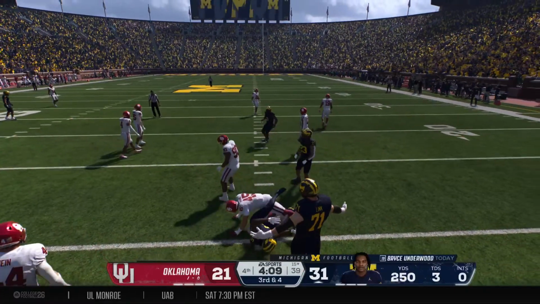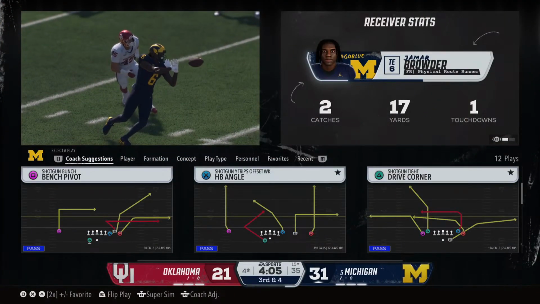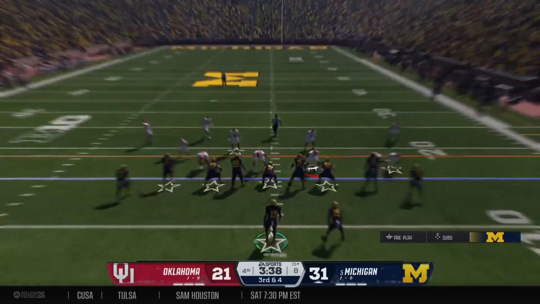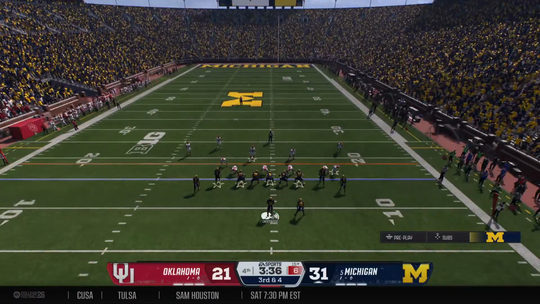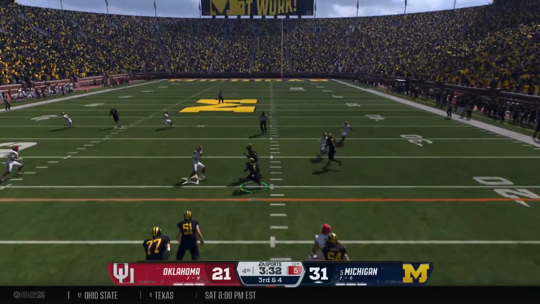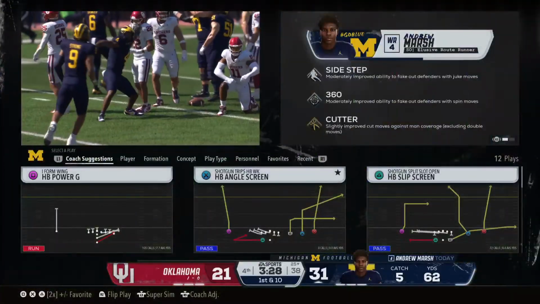What can I lean on right here? Quick pass over the middle. It's going to be 3rd and 4. They stop him almost immediately. Short gain there, and still a little ground to cover to pick up the first. The Wolverines are at the line looking to convert on 3rd and short. Back to pass, it's Underwood. Fires over the middle, connects to Andrew Marsh, 1st down. Keeps the drive alive, 3.5 minutes left.